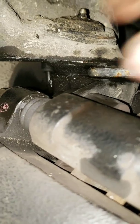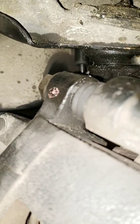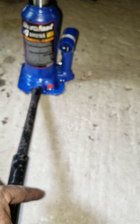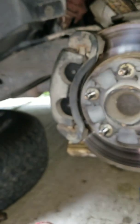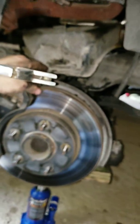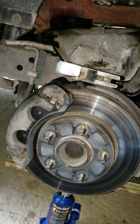Okay, it does look a lot better than the other side did. The other side was completely smashed up in there. So this one might pop with just this one. We'll see. So what you want to do is relieve the pressure. And this, where we put it in that gap there, it's going to separate it and then pop it from